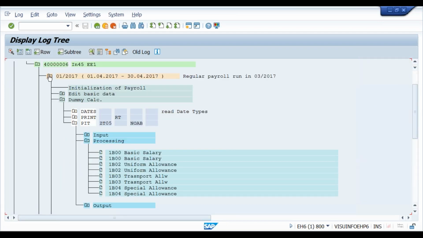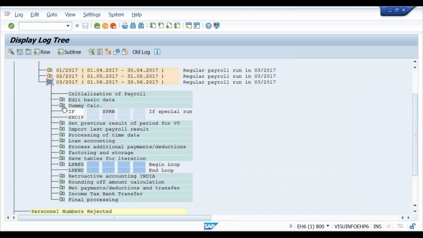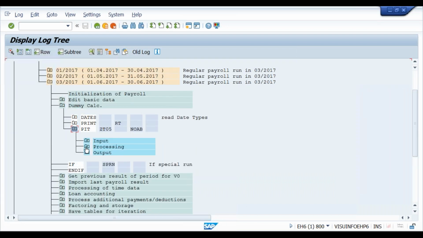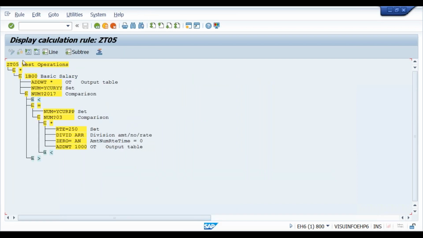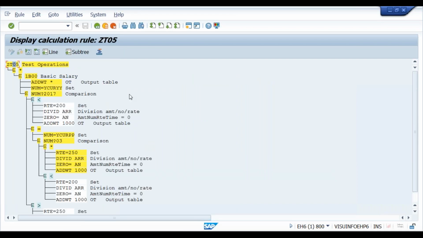Now, look at the third period. It is going to start new value. So this is one way.